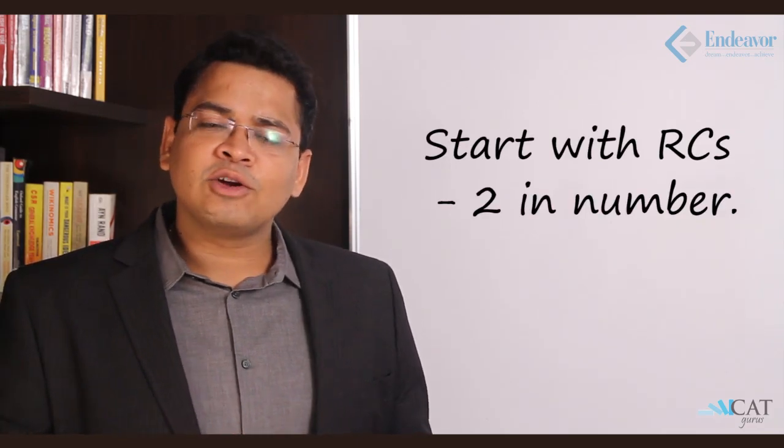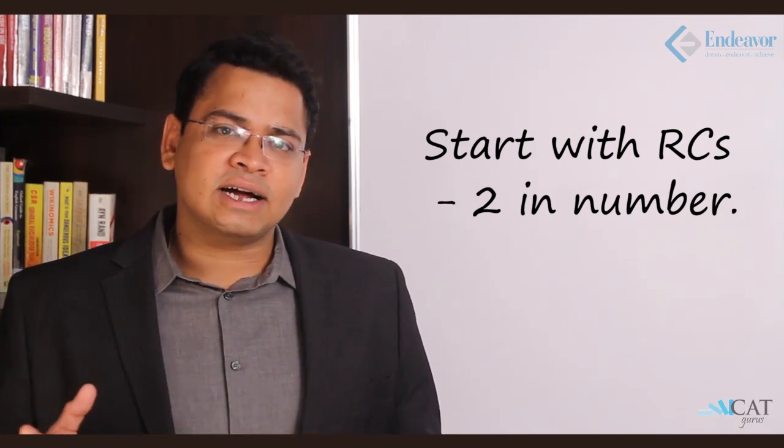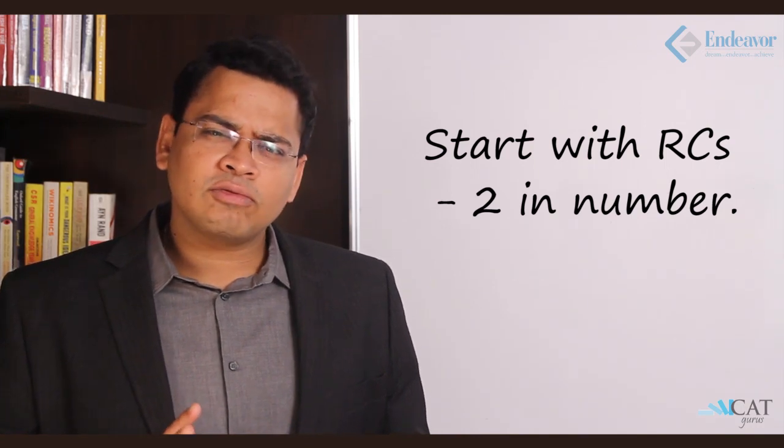RCs. The best of the kids who are the most prepared will obviously pick up a reading comprehension to start off and at least see through 2 out of the 3 RCs. 2 RCs which are CAT level RCs, they have a reasonable potential in them to drain you off. If you see through 2 RCs, you have seen through somewhere close to 20-22 minutes of the test paper, and